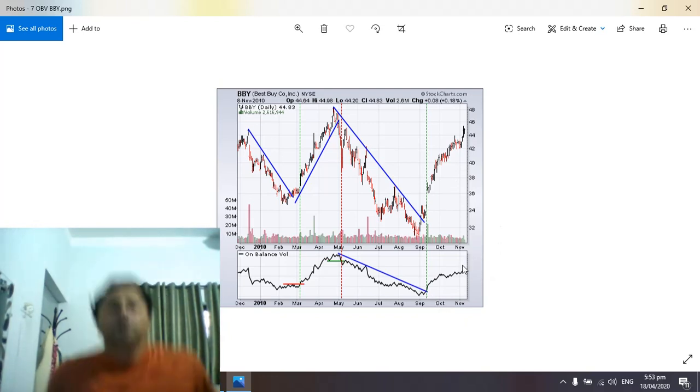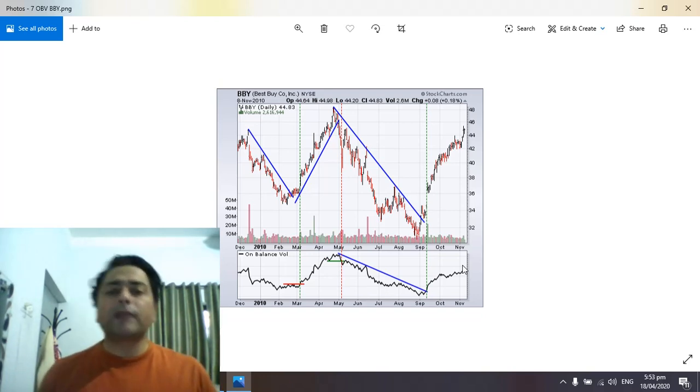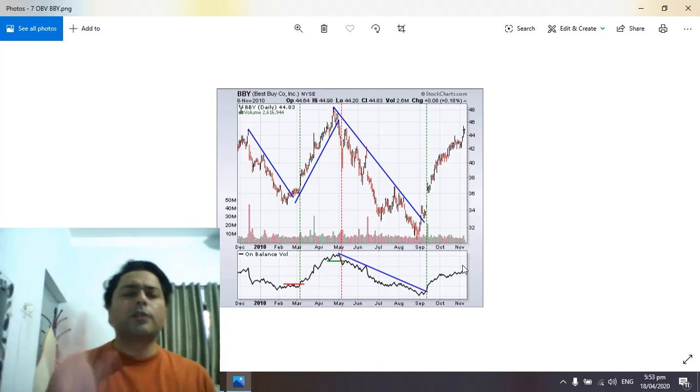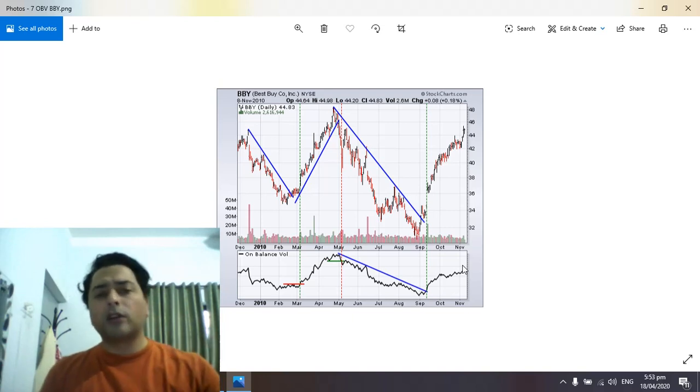So I hope you have learned a lot about the OBV line. The OBV signal is a technical indicator, a very basic volume indicator, and unlike other indicators, it is very easy and simple to understand. It just shows the accumulation and distribution and how the bulls and bears are behaving in the stock market. You can also apply it on the index, on the stock exchange, complete equities and other instruments.